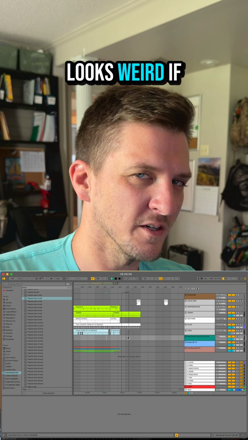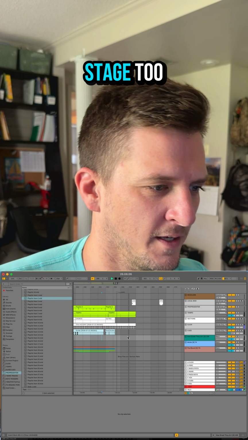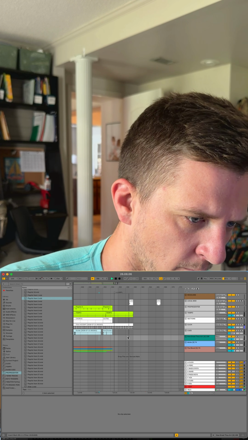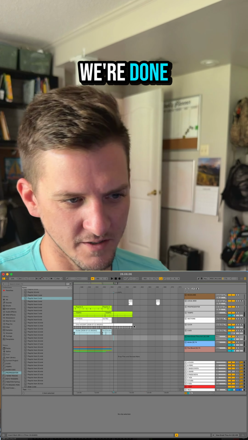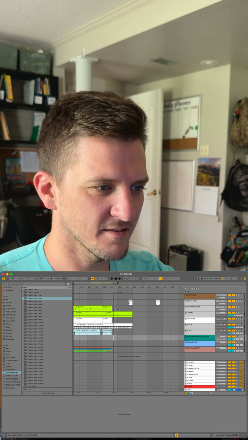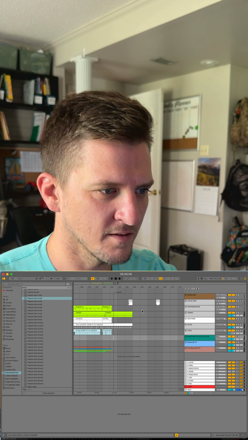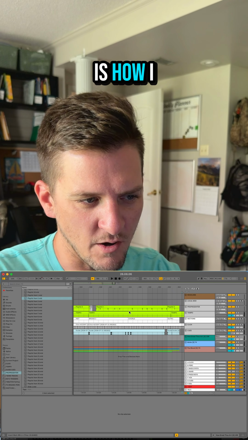And it looks weird if the host pastor's coming out and we're all running off of the stage too, I think. It's like, all right, we're done. Here's the baton, we're gonna pass it and have fun. Cool. All right, so that is how I map